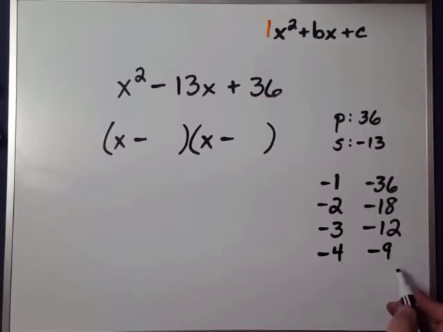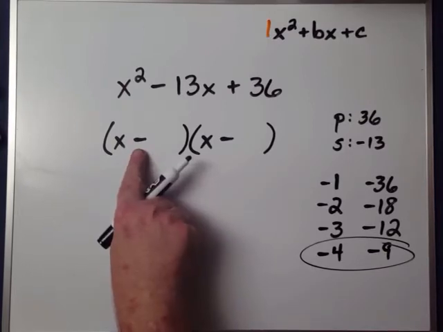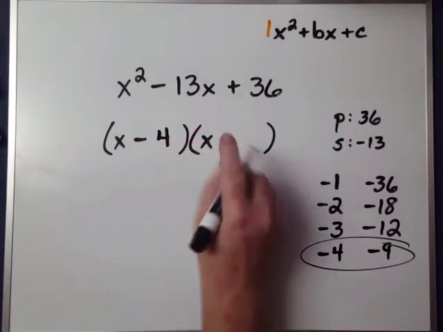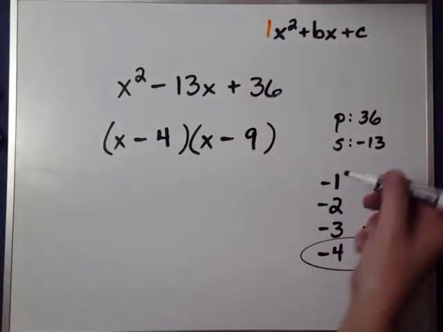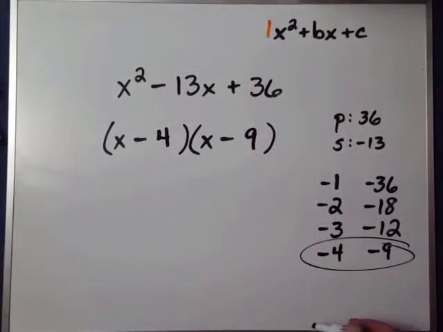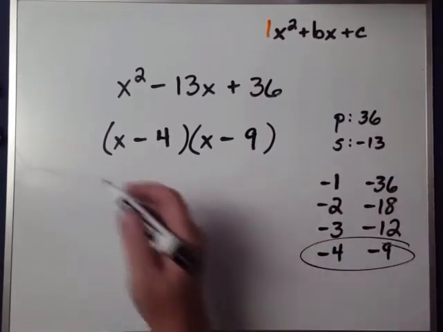Does that add up to negative 13? Yes, it does. So my two numbers are negative 4 and negative 9. That's if I get stuck. If I don't get stuck and I can discover that 4 and that 9 without making that list, nothing wrong